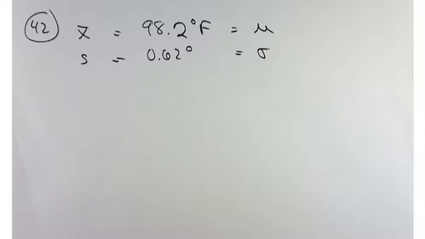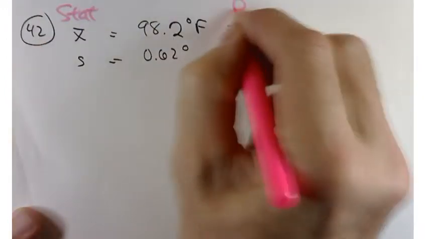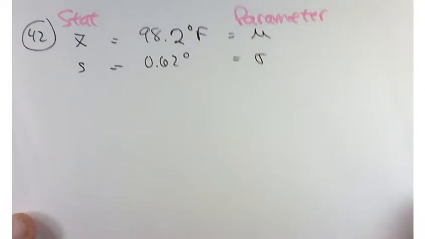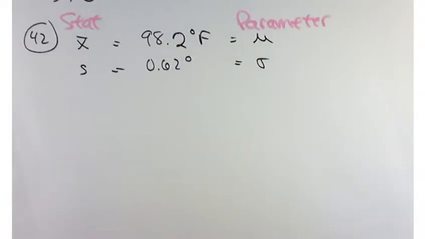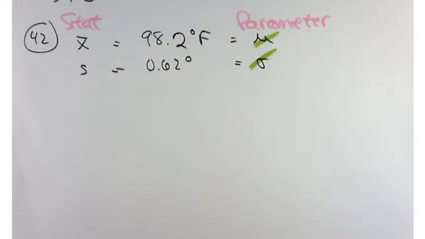Well, the difference is this is a statistic and this is a parameter. Which one do you think is more appropriate to use, a statistic or a parameter? Statistic, right? Because a parameter would represent data from everybody. This is just data from a data set. It's not necessarily data from everybody. In fact, it's not. So we'll use this statistic,